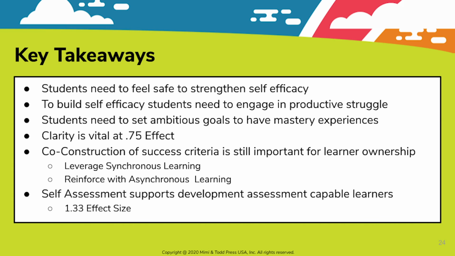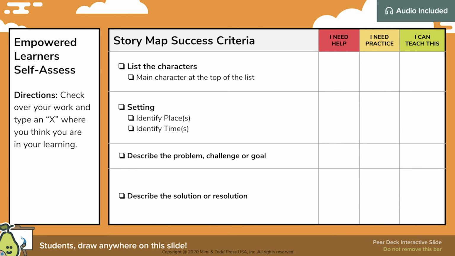And then the last thing that I think is really an important takeaway is we don't want to stop on our mission in developing assessment capable learners. We want our kids to know where they're going, where they're at, and what their next learning step is. And that's in any setting. We just have to kind of rethink it a little bit. So you saw a stoplight rubric, which is a great tool that you can use.